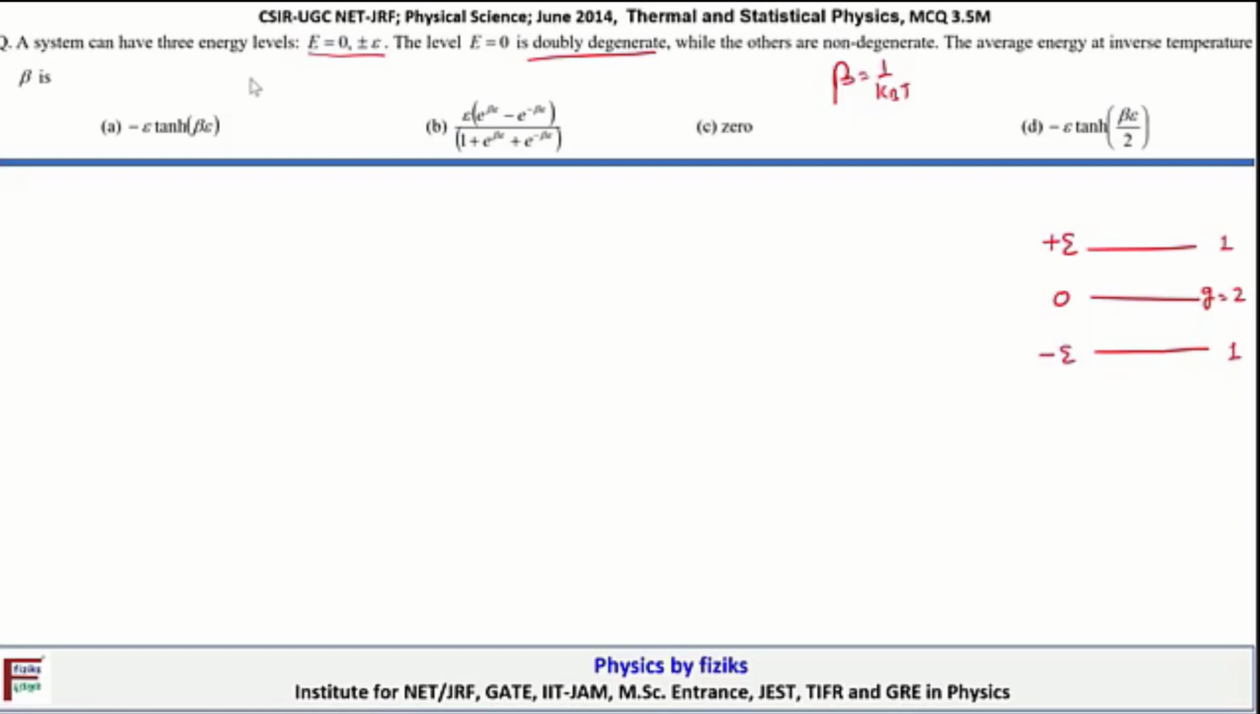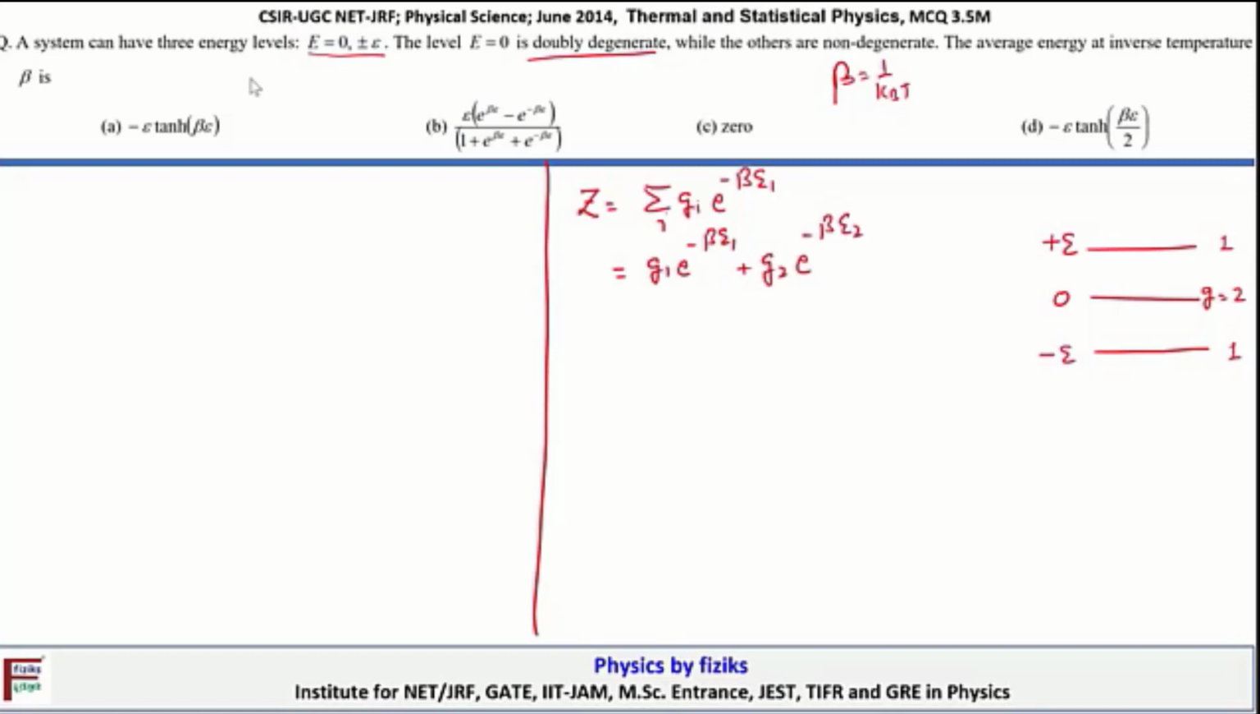Now we can solve this problem by making use of the partition function approach. The partition function for the system, let's call it Z, is equal to the sum over all states g_i exponential minus beta E_i. So this is equal to g1 exponential minus beta E1 plus g2 exponential minus beta E2 plus g3 exponential minus beta E3. So this is equal to 1 times exponential minus beta E1; E1 is minus E, so that becomes positive, 1 times exponential beta E, plus g2, which is 2, times exponential minus beta E2, and E2 is 0,